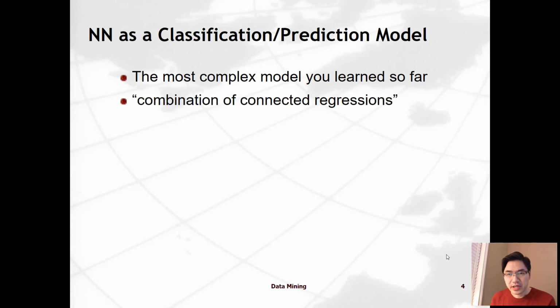It has a combination of connected nodes and links that work somewhat like regression models. If you take them apart, every node accepts input from the previous layer, and it forward feeds into every node in the subsequent and downstream layer, and every node works somewhat like a regression model, in that it uses a linear combination of the inputs from the previous layer, and it does a nonlinear transformation,